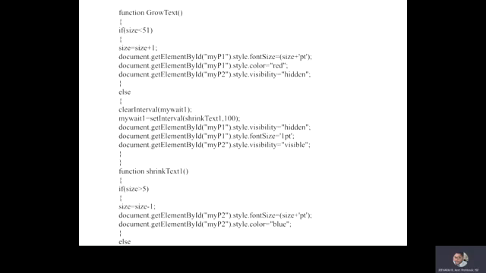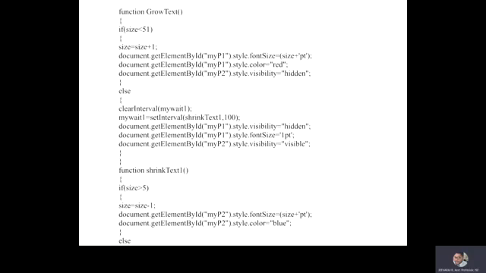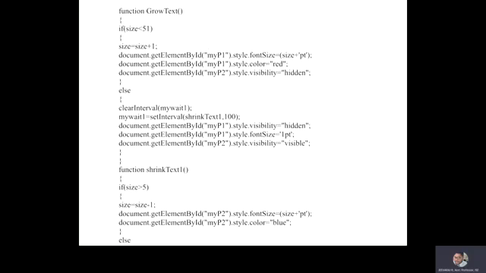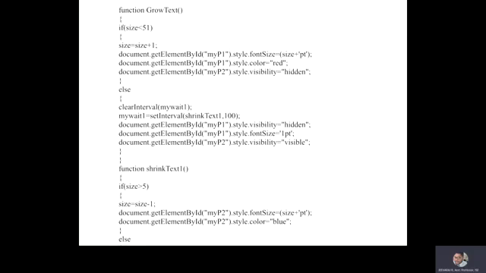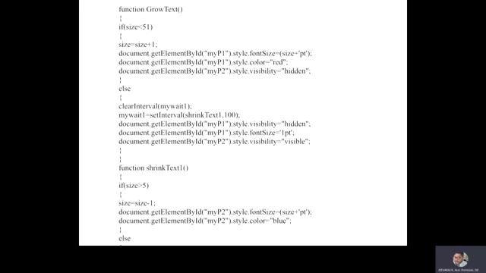In this function, the first function is called with a size of 51. If the size increases, make the size plus 1, call the value into it and change the color to red. If the interval has gone to 100 ms, if the value goes to 101, then you hide that value. Like Arun, if I press Arun, if the value goes beyond 100 ms, after that you hide that value. That is the task of the first function.